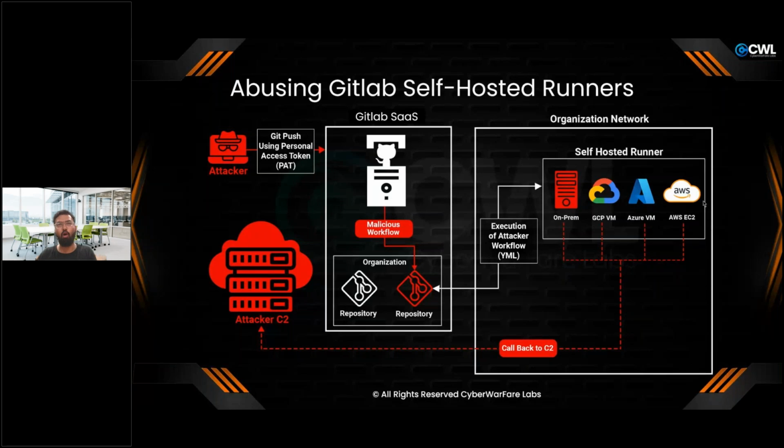Depending on which runner picks up our job, basically we are sending a job, right? Like, you need to execute this YML file. Based on the runner which is picking up our job, we will be having a shell on these systems. So it can be on-premise, or it can be on a GCP or Azure VM, or AWS EC2 instances, right? So these are very interesting things